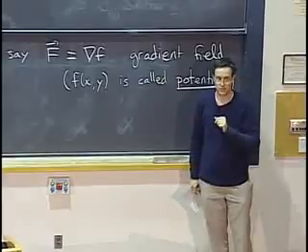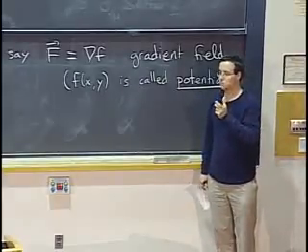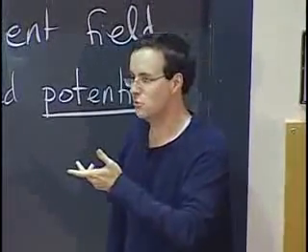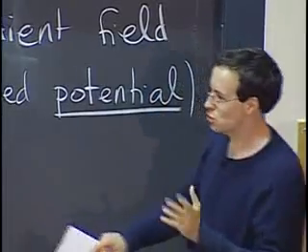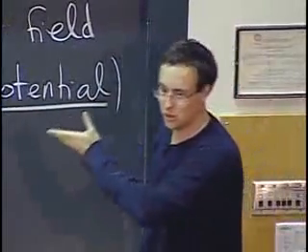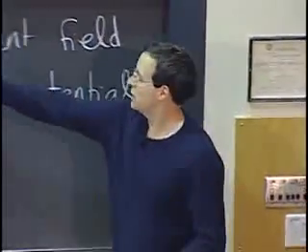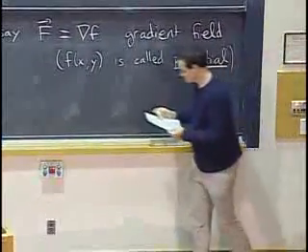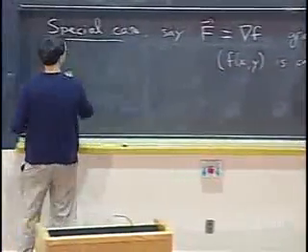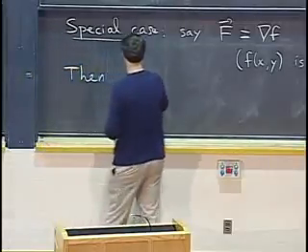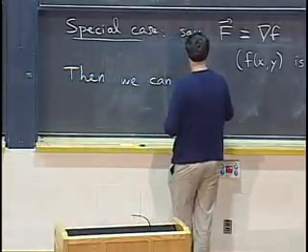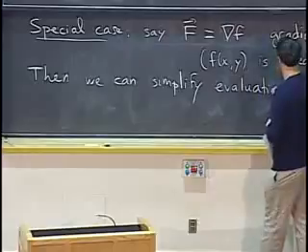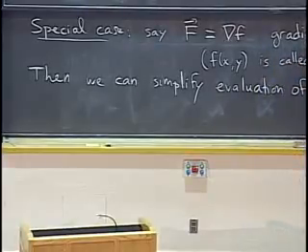Actually, not quite. If you're a physicist, then the force will be negative the gradient. So that means that physicists' potentials are the opposite of the mathematician's potential. Okay, so that's just here to confuse you. It doesn't really matter, but to make things simpler, we are using this convention, and you just put a minus sign if you're doing physics. So then I claim we can simplify the evaluation of the line integral for work.